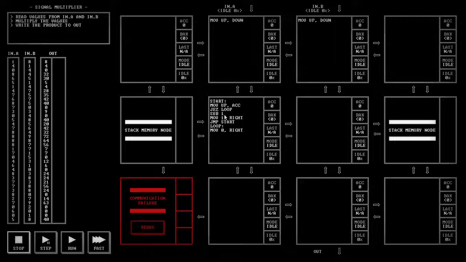I'm just going to send a 1 over here for every number. In this number, for each, I'm going to break it down and just keep sending signals once. This one's going to send this down. It's going to move up to ACC, and then I'm just going to add